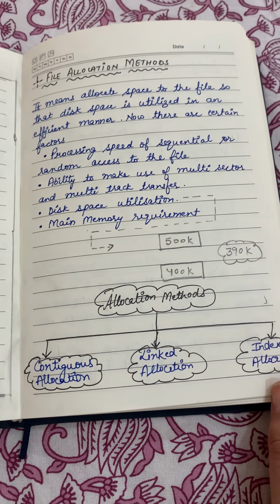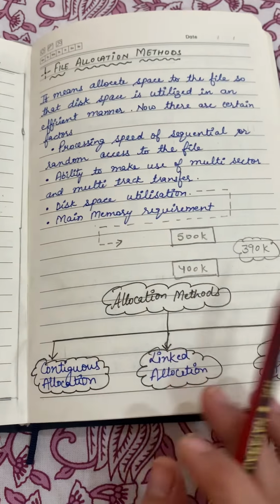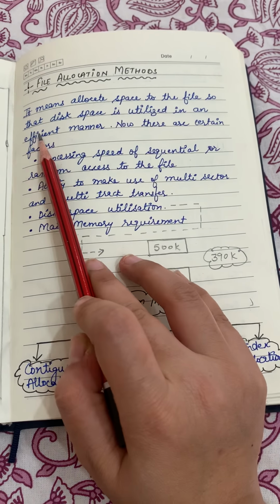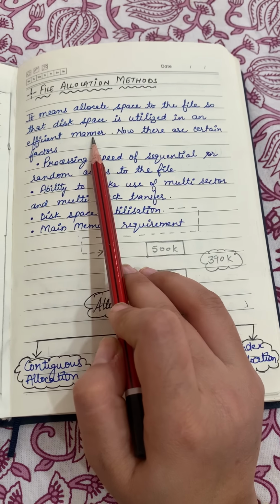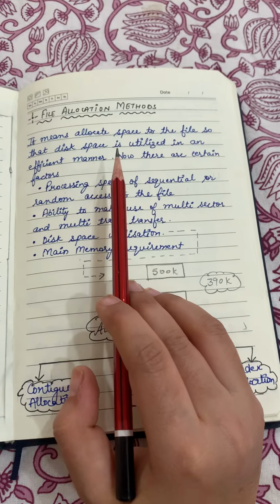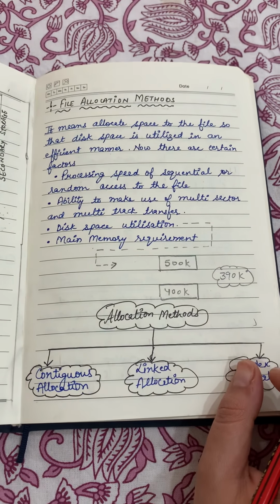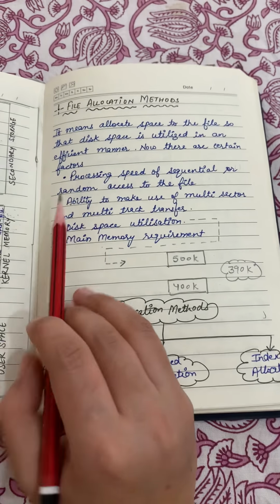Two topics, and the third topic is file allocation methods. It means allocate space to the file so that disk space is utilized in an efficient manner. Now, there are certain factors which need to be considered before allocating space to the files, and these factors are: